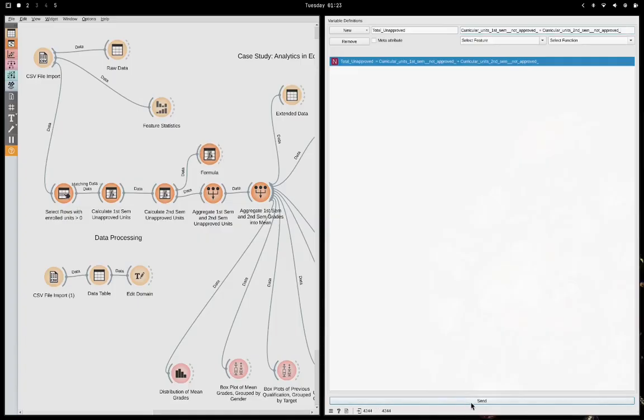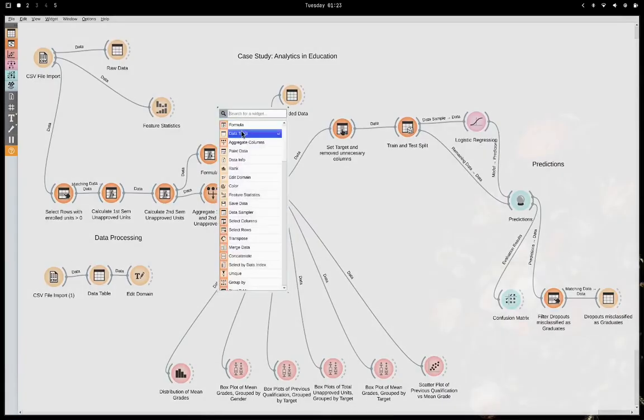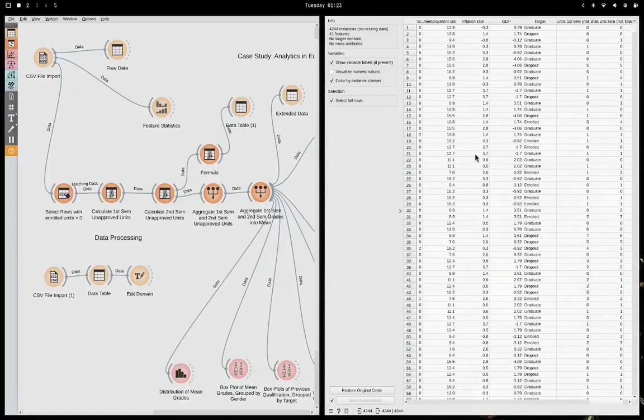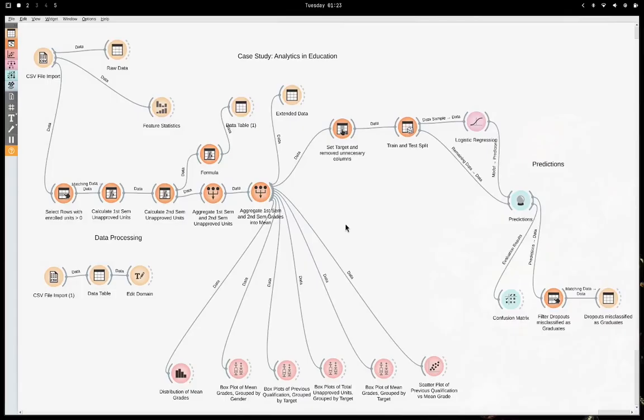So press send for this one. And if I look at this data right here, I should end up with a new column that corresponds to the total unapproved units, which is the sum of this plus this. 0 plus 0 is 0, 6 plus 6 is 12, etc. So let me just remove this, since this is redundant right now because I did this using a different widget. So if you want to use this widget on the other hand, using the aggregate,